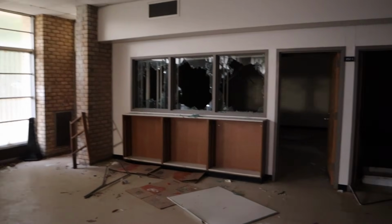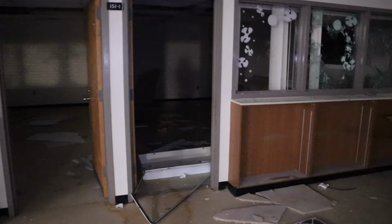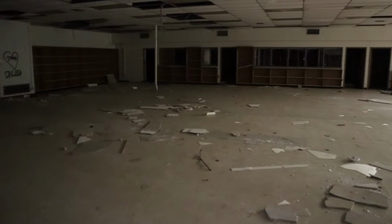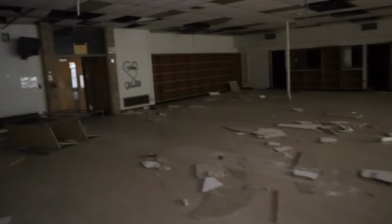Don't know what these rooms back here would have been used for. Maybe study rooms, maybe computer rooms, possibly. Small computer rooms, not a full computer lab. But yeah, this was most likely the library, because if there's labels on the shelving, it would say stuff like